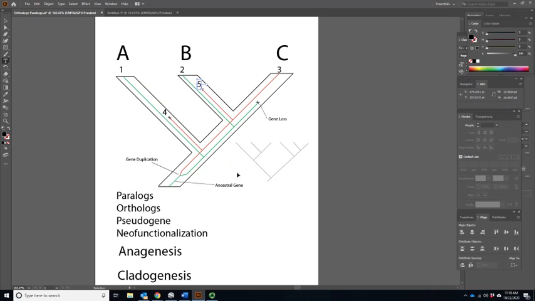So we have 6 genes that we have identified, when we have identified all of the working genes and all of the pseudogenes. And if we're able to then reconstruct it once we've identified it, what we would see is gene 1, 2, and 6 share a more recent common history, right? So it would look like this, and we would have genes 1,